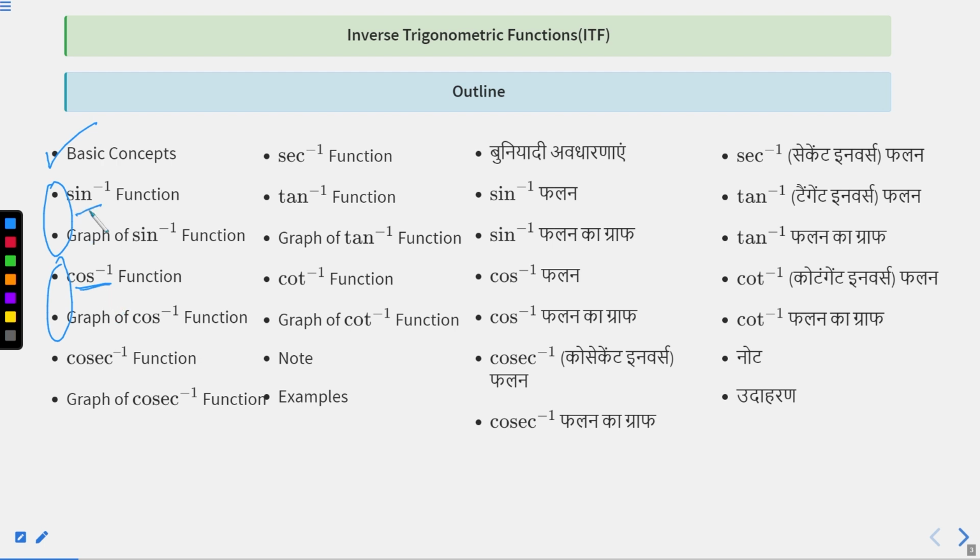We also saw the cosec inverse function theory and its graph, and the same for the sec inverse. In today's lecture we will be covering the tan inverse function and its graph, the cot inverse function and